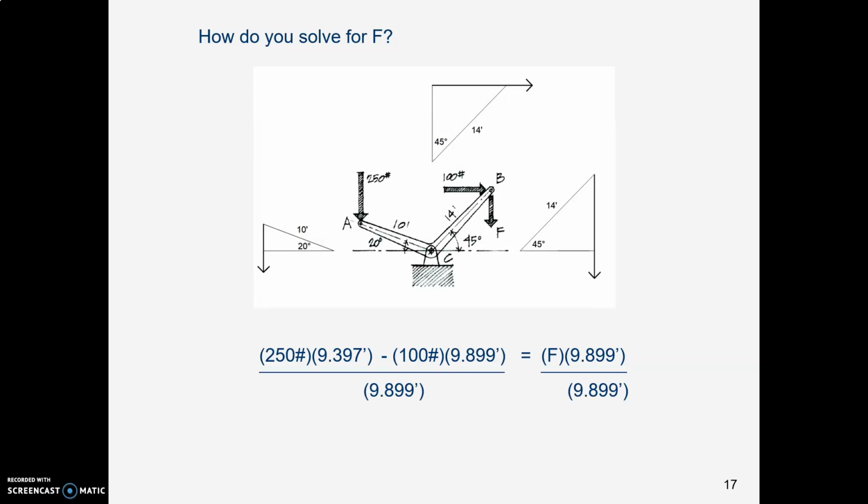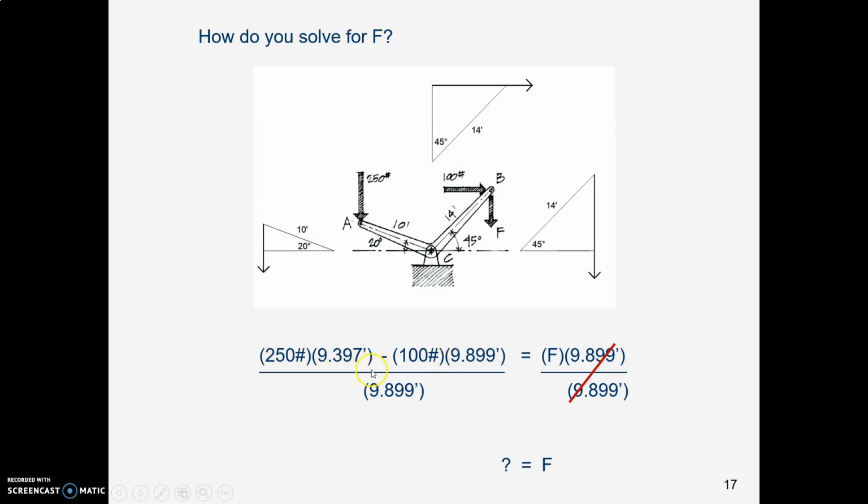Well, we can do the same thing to both sides again. Divide both sides by 9.899, or 9.9 if that's what you're using. Those numbers cancel out, and we are left with this big fraction equals F. So now you can punch this big fraction into your calculator and see if you come up with the answer you should. If you don't come up with the number that you're looking for, which I posted on the first slide of this PowerPoint,